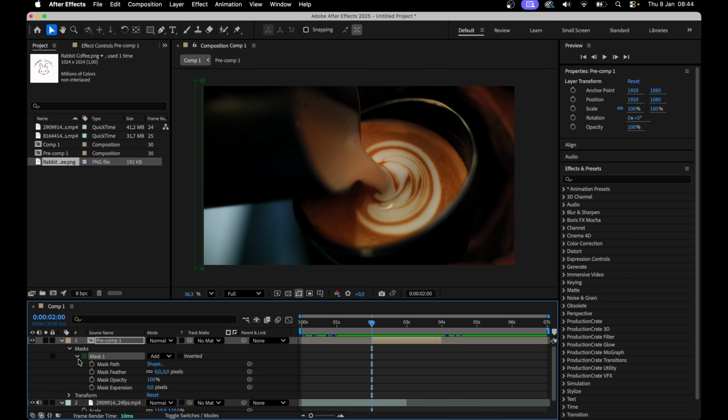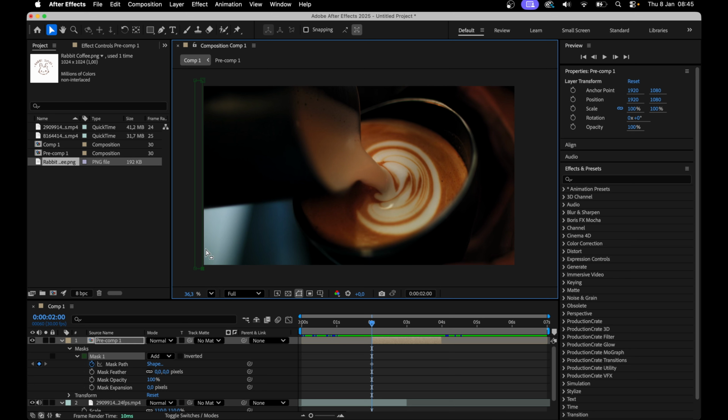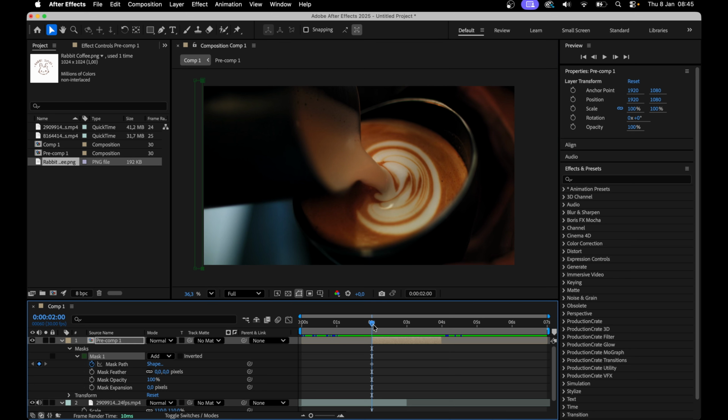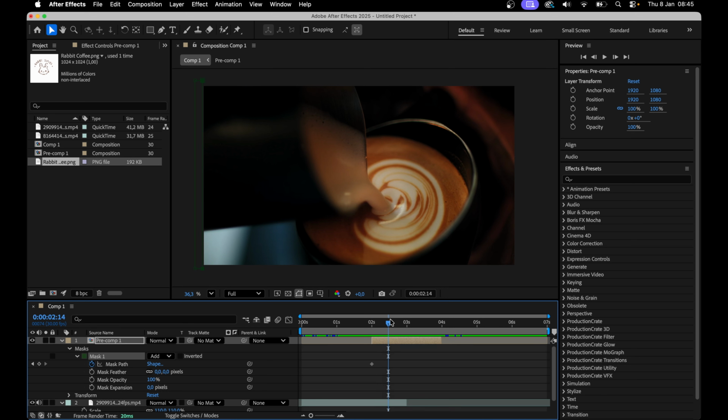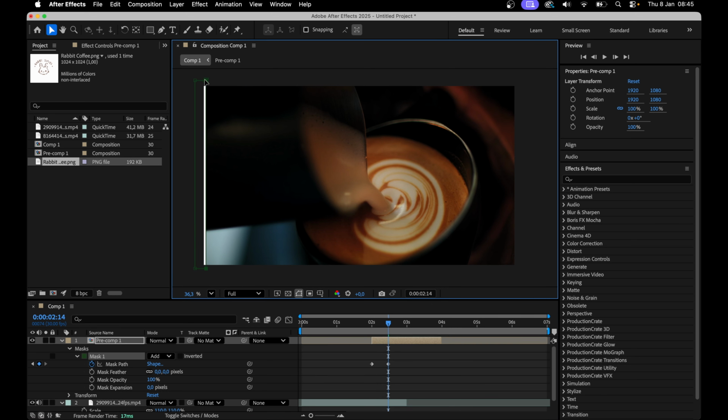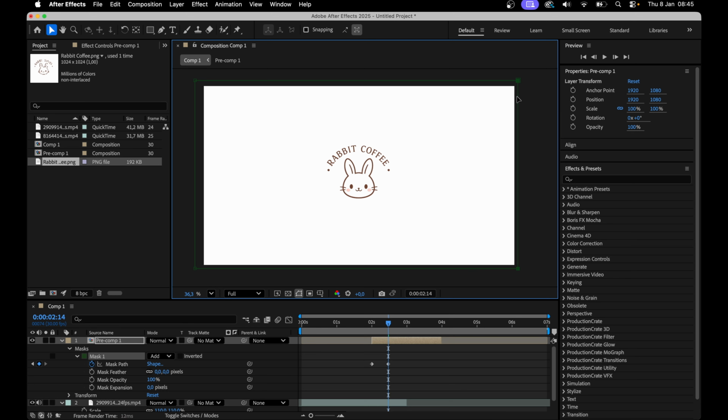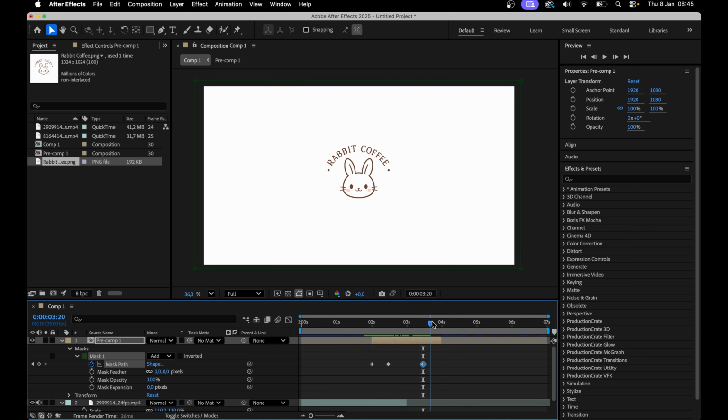Go to mask on the drop down menu, click the stopwatch on the mask path, and then by just shift clicking this point here, I can select these 2 points. And then moving about half a second into the timeline, I can shift, click and drag this point to the end here. Then I'm going to make a keyframe here with the path